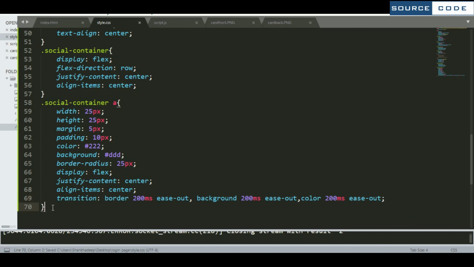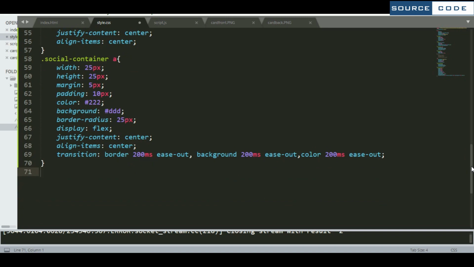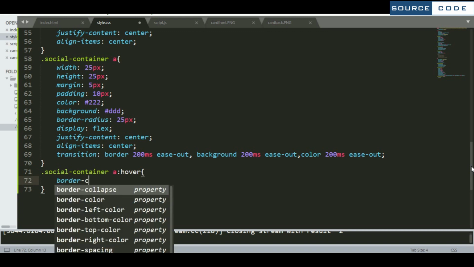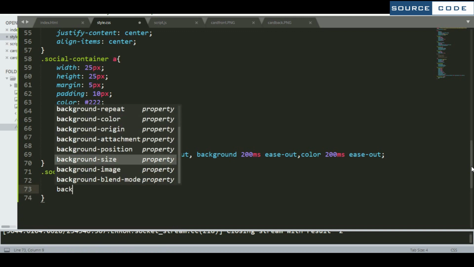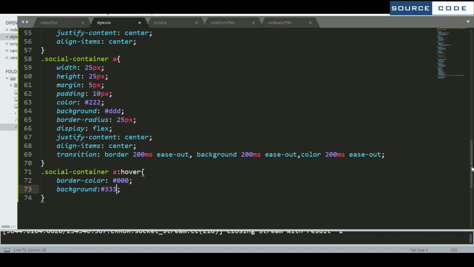Now we are going to give a hover effect for each of them. So first of all make border color here. Now we need to give a background and give the color here. I am taking white smoke.